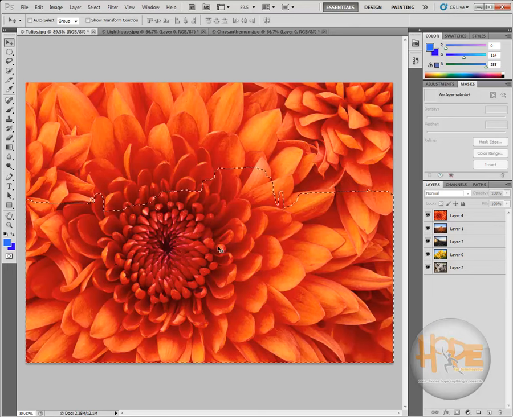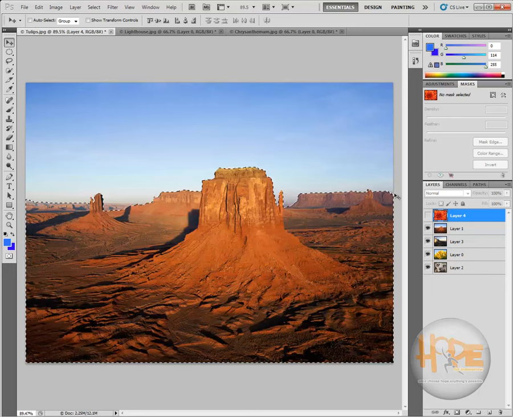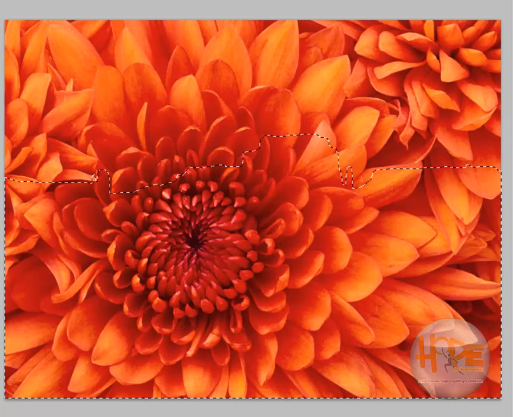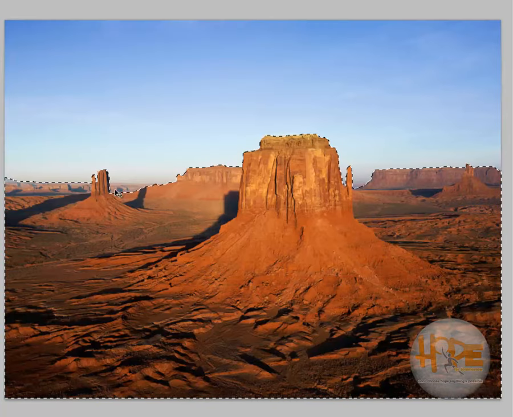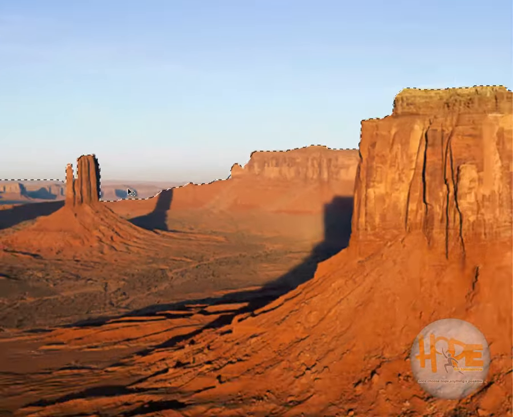Now all the tools work according to the selections that we have made. For example, in the previous tutorial we made the selection of the land over here by first selecting the sky and then inverting that selection, and for now let's see, is the selection proper or not. We have a problem over here